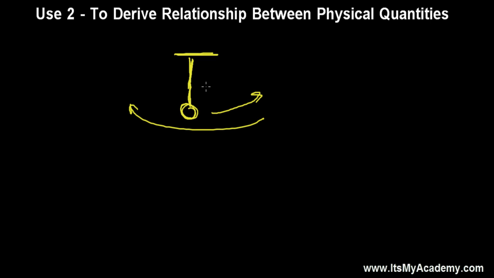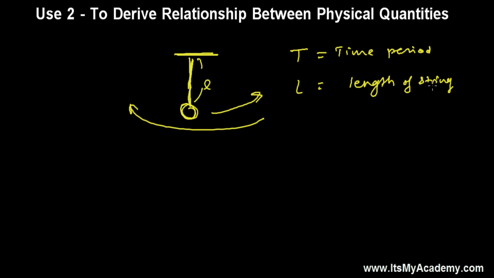Let's say t is the time period of this simple pendulum, and L is the length of this string, a kind of very thin wire, and let's say this bob has the mass of m. I'm writing all this because you have not studied the time period of a pendulum yet. But in an examination you don't have to make figures and all. I will tell you how to do it in examination in later videos. First, let's understand the concepts.